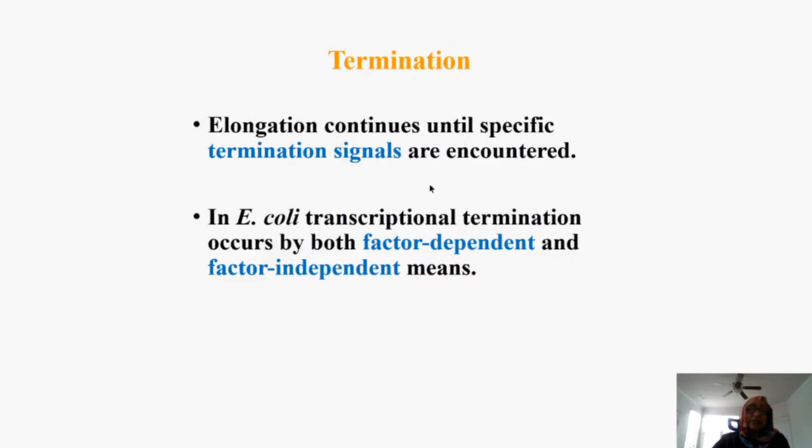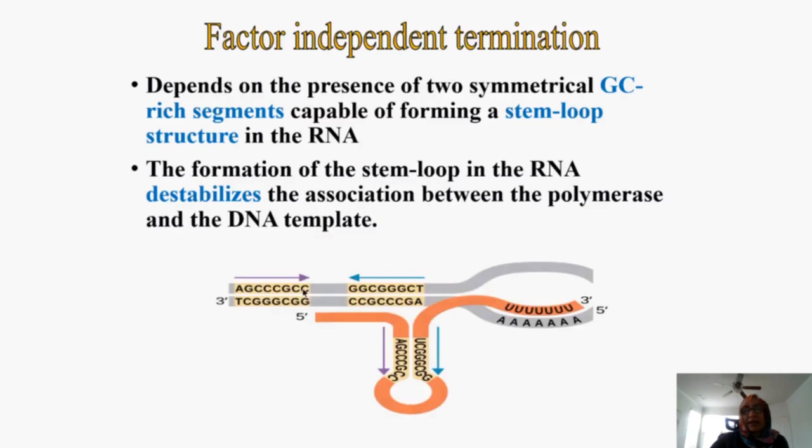Termination in prokaryotic cells could be done by two different mechanisms, either by having a protein factor, and this is very common. Normally when we do any process, we are always trying to find the protein factor, or by a mechanical activity right here. So the